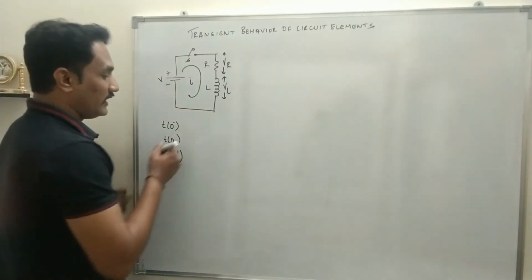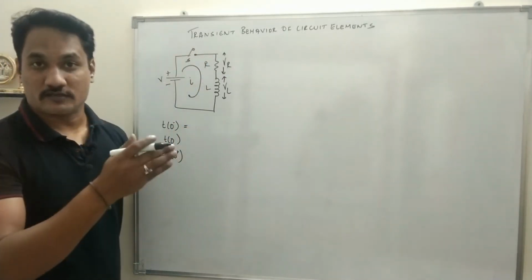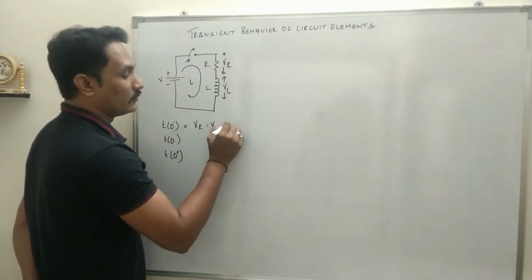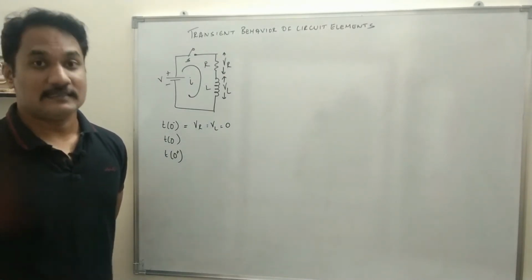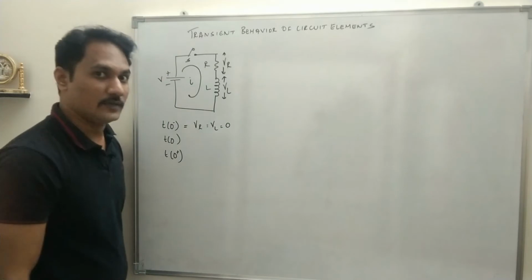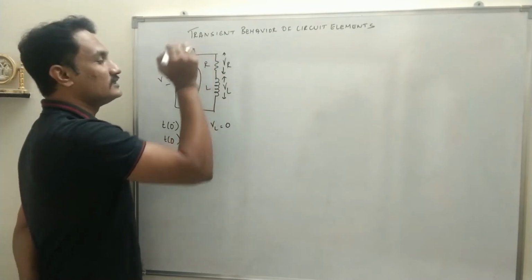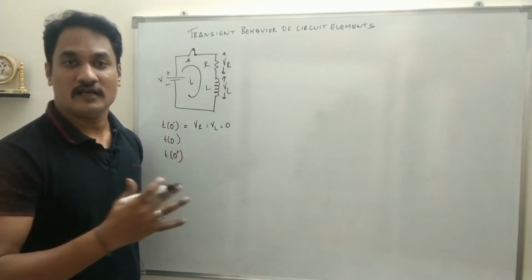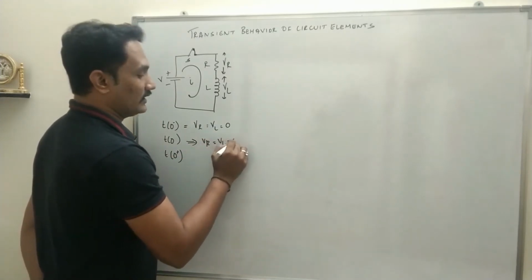So at t equals 0 minus, the switch is still not closed. It is in the open condition. Of course, no current will flow, so VR equals VL equals 0. That means no current is flowing through the resistor and inductor, and considering that the inductor is not storing any energy, the potential drop across both will be 0. Now at t equals 0, as soon as the switch is closed, the circuit will oppose any instantaneous change in value. So still VR equals VL equals 0.